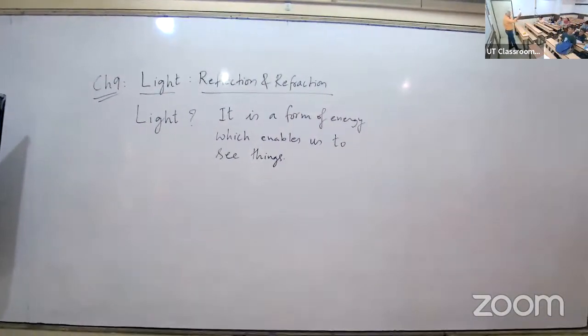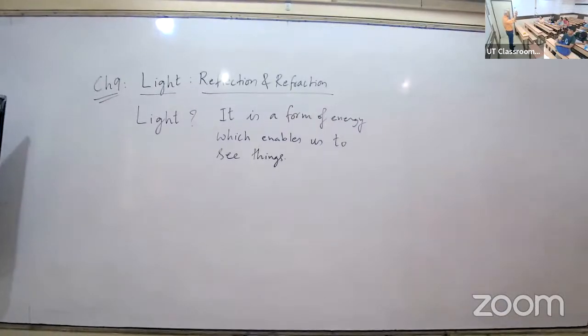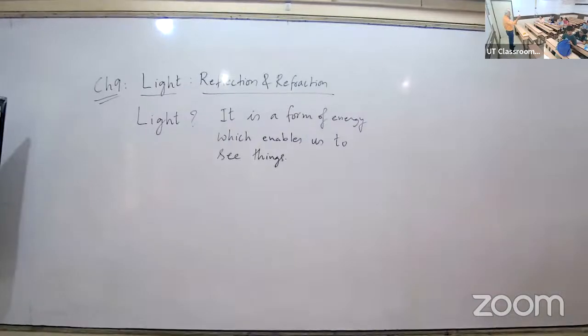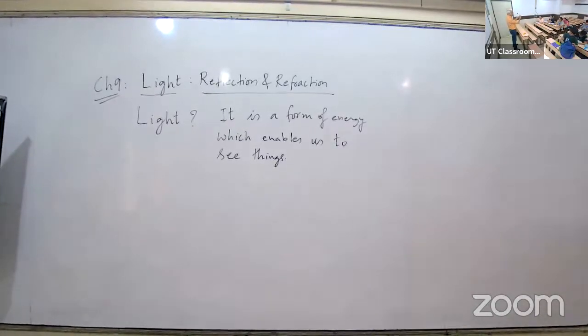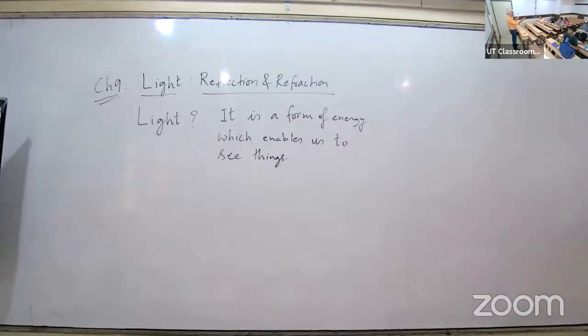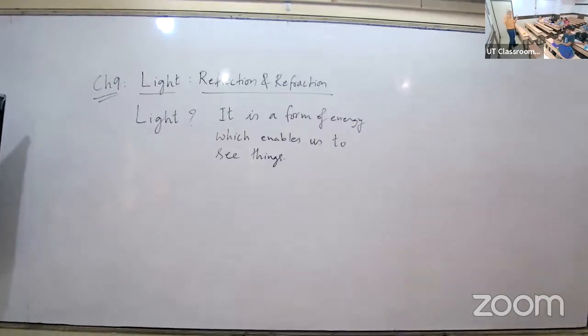So how do you see this pen? Can anybody explain the mechanism? You're able to see this pen, right? Because of the reflection of light. There is light falling on this object, and the light is reflected in all directions, because it's not that only you can see, everybody can. If I switch off the source of light and darken this room, then